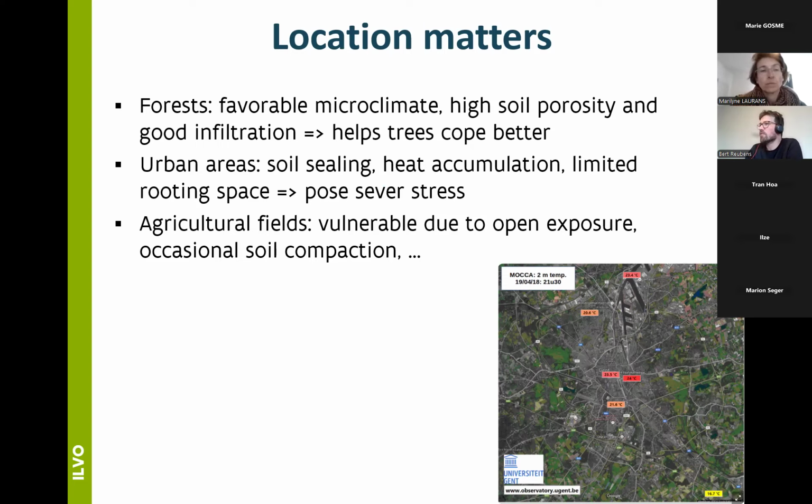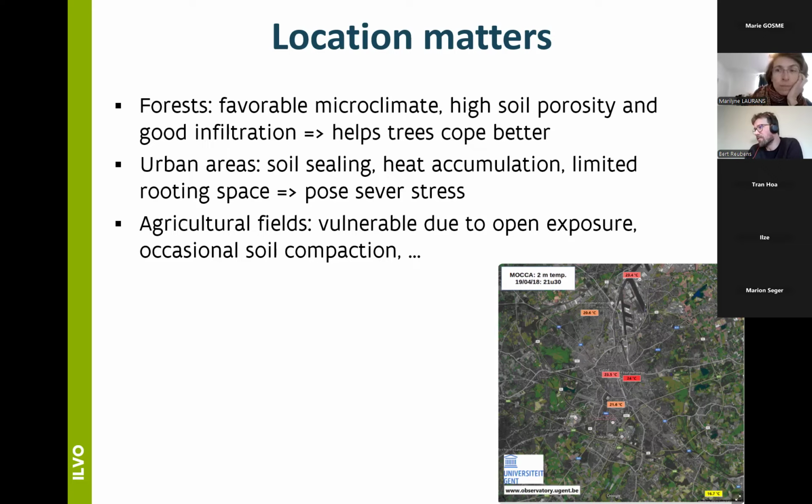In urban areas, you also have soil sealing, limited rooting space, so that poses severe stress on trees. While forests have a more favorable microclimate in general, a higher soil porosity, a better infiltration, so they can cope better with extreme weather events, with buffering water, and so that helps the trees to cope better.